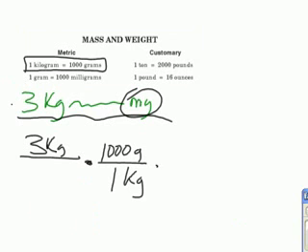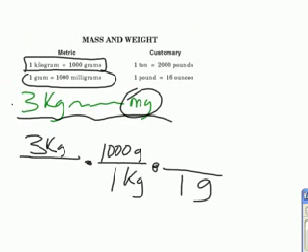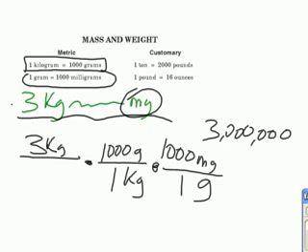I don't want grams though, I want milligrams. So I'm going to put another multiplication, put grams on the bottom. And I look at my conversion chart, it says 1 gram equals 1,000 milligrams. All right, so 3 times 1,000 is 3,000 times another 1,000. It's going to be 3. I can just add the zeros. 1, 2, 3, 1, 2, 3. 3 million